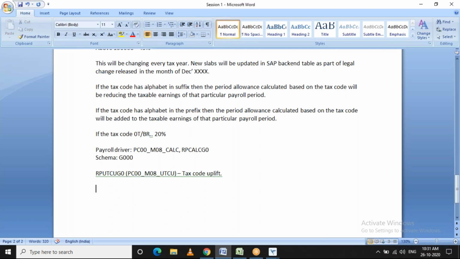What it does is read the tax info type 65, apply the general increase in the tax code, and create a new info type 65 record effective 6th of April, whatever the new tax year is.